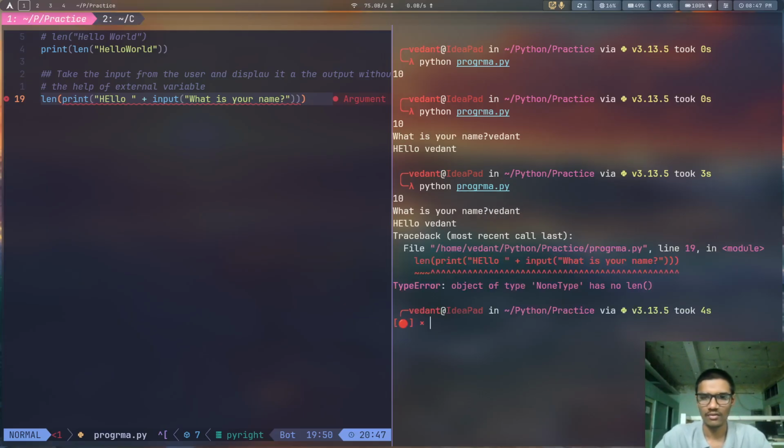Then, oh yeah, what does it say? NoneType has no len. What could it mean? What could it mean? I think I have done that type of program. Let me see.